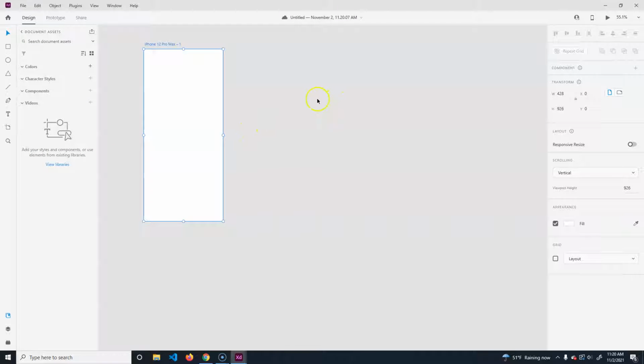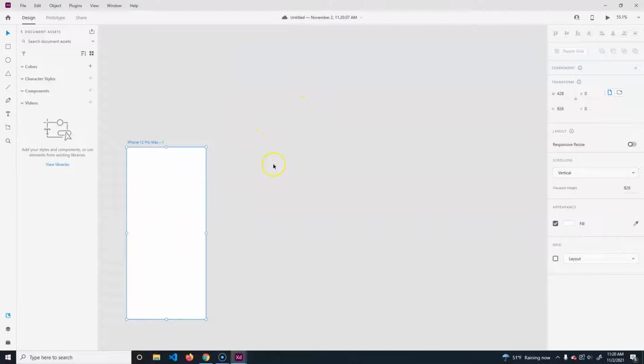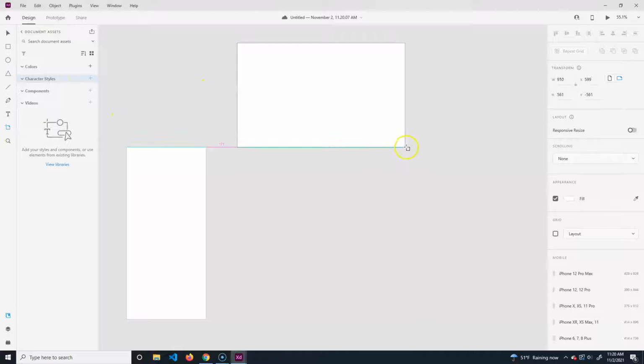So one thing I want to do, just so we're getting set up, is to make everything look nice and correct, so I want to get my colors and my character styles together. The colors are what we can use to repeat over and over again so that we stay on brand, and character styles are basically to make sure that all of my text is the same. Okay, so I'm actually going to make a new artboard, and I'm just going to make it like this size,